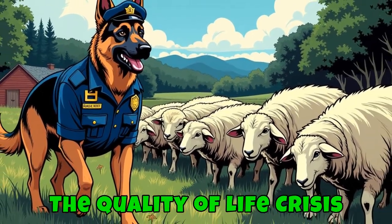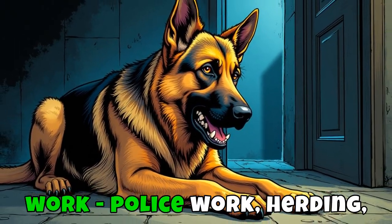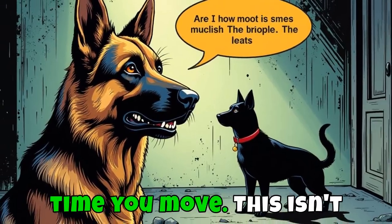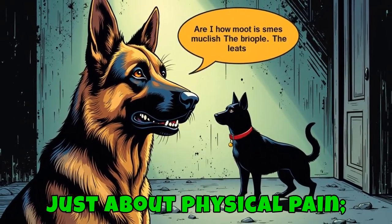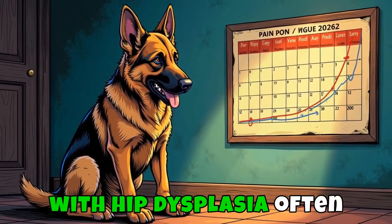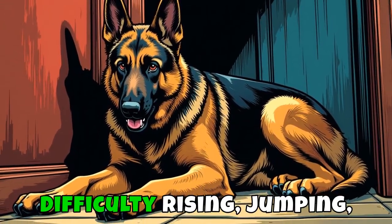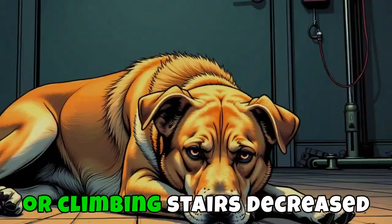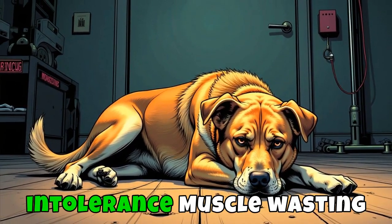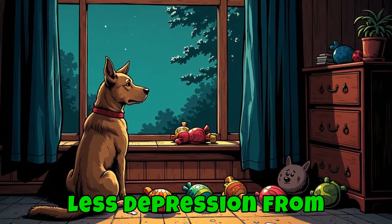The quality of life crisis. Now imagine being a dog bred for activity and work. Police work, herding, protection. But your body betrays you every time you move. This isn't just about physical pain. It's about psychological torture. German Shepherds with hip dysplasia often experience chronic pain that worsens with age, difficulty rising, jumping, or climbing stairs, decreased activity and exercise intolerance, muscle wasting as they use their limbs less, depression from inability to